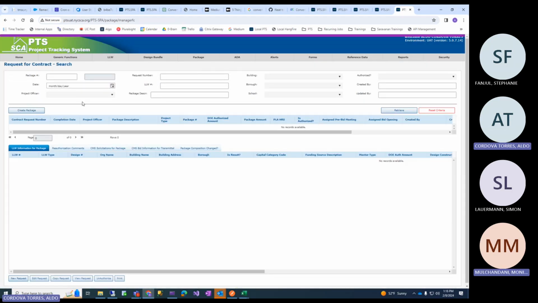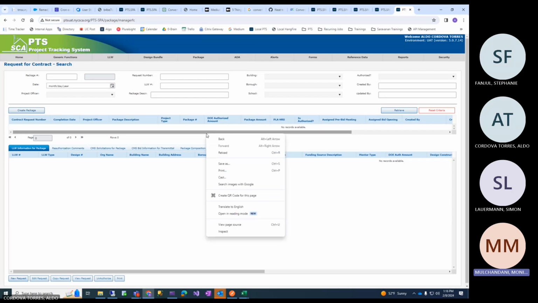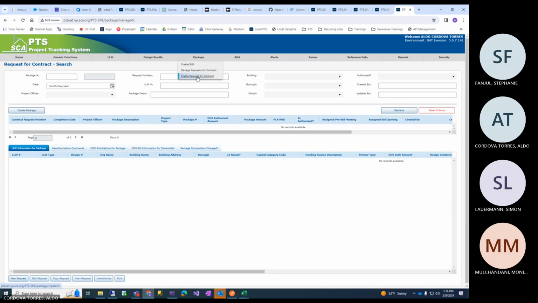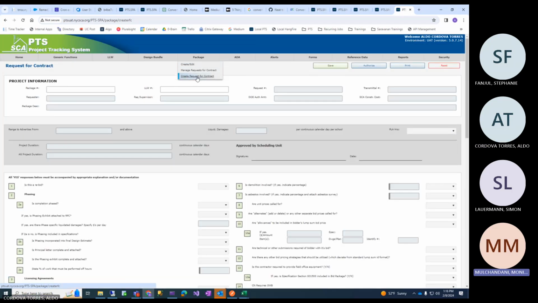Okay, are we going to go to manage request for contract, or is it the same thing? Manage request for contract, this is the same as RFC, right? Yes. That was just a convenience they had given, where you click the button over there to go directly to RFC. And this is a separate option. And then what is the third option under the package menu? There was something else I saw. It is the screen that we use. Okay, right.